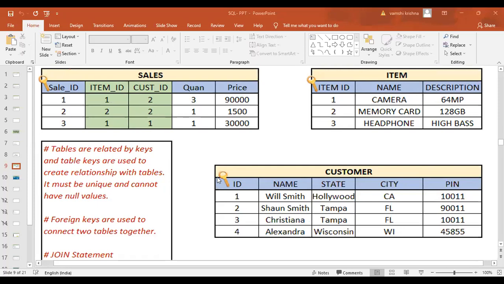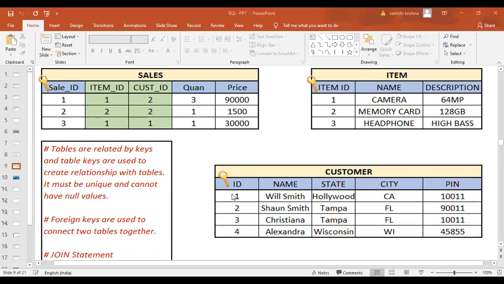So according to this data, Sean Smith purchased 2 items. That is camera, quantity 3 nos, and another is 1 no. for this one. Yes. But in the case of Will Smith, the customer ID is again 2, whereas it is 1, no?